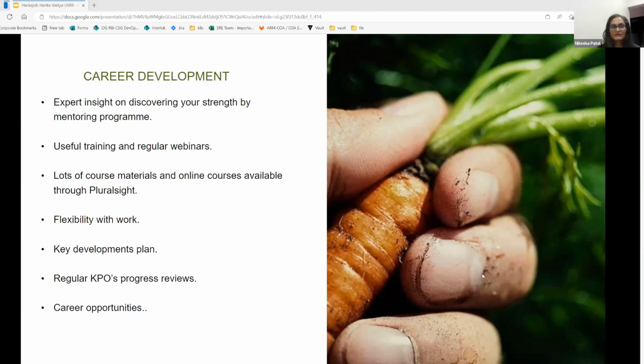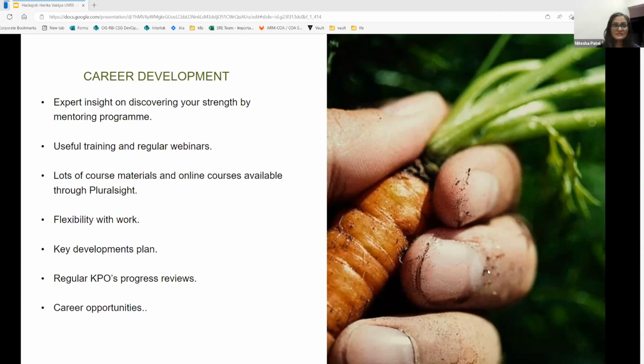Also, here we have a mentoring program to develop your skills and to find your strengths, where you are good. Sometimes you don't have enough confidence in some areas, so you can find a suitable mentor and have one-to-ones where they help you. For example, if you don't have the confidence to speak in front of 10 or 12 people or more, you can get help on how to build up your confidence and discover your strengths, using the mentoring program.